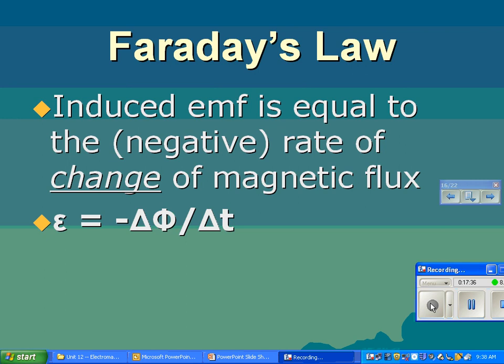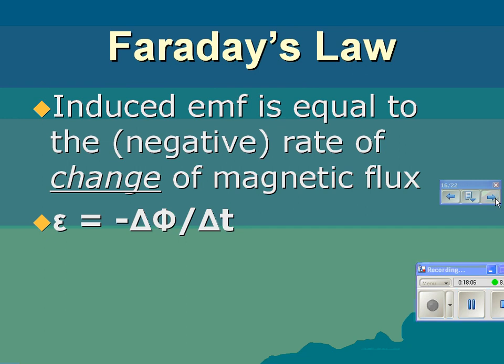So let's think about this a second. This is how we generate 99% of the electricity that you've ever used in your life. All right? The civilization, or the society on which our culture is based, which loves electricity, this is it. We need a wire, we need a magnet, we need to change some flux. And that's what we do, okay? How can we change that flux? We can change the magnetic field strength, we could change the area of my wire, or we can change the orientation of my wire relative to the field, right? Lo and behold,